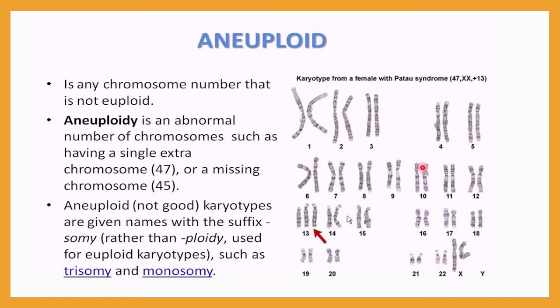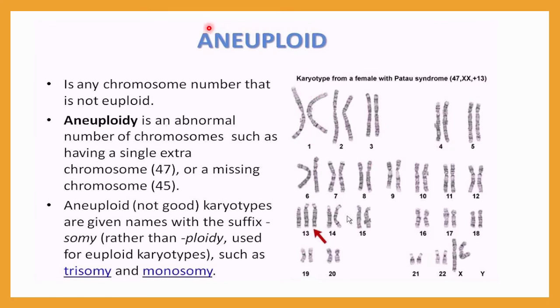Here you can see in this diagram, suppose one has a pair, two also has a pair, all have pairs. But here at the 13th number, you can see one extra chromosome is there. So if you calculate all of this, 13 having one extra chromosome, then the total chromosome count will be 47. Why? Because only one chromosome is added, not in all pairs. If it increases in all pairs, then it is called euploidy.